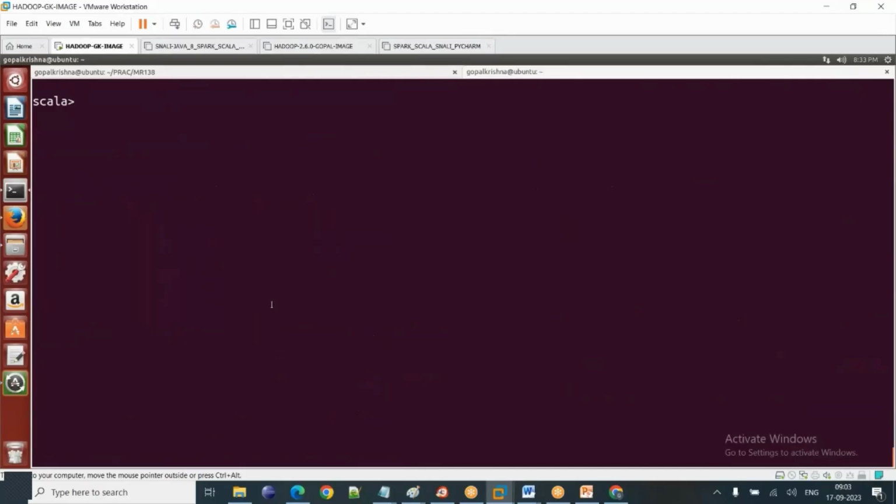Sir, sc.textFile I'm using, that is a default method. Now the same map transformation I'm going to provide, where data is equal to, this time I'm using the method sc.parallelize. So what exactly does parallelize stand for? If you are providing the data, not a file object, if you are providing the data manually as a list or set collection, in order to apply parallel processing, we are going to use sc.parallelize. If you are going to provide the data list of